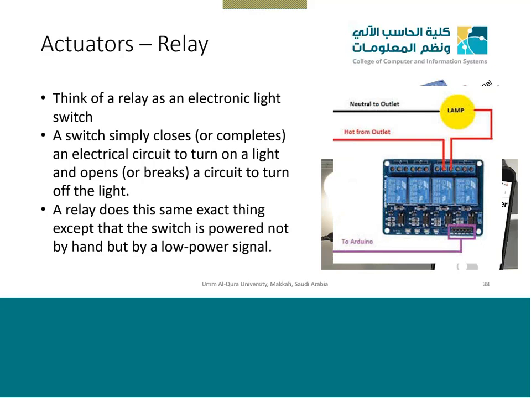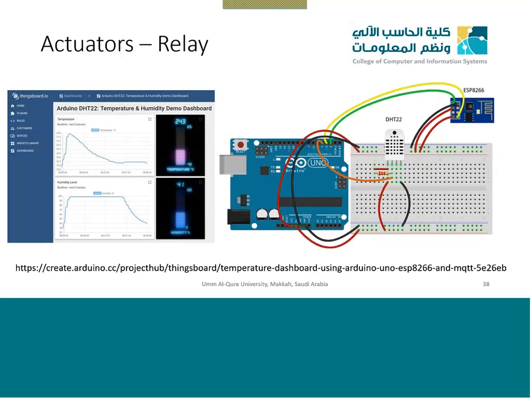You have a lamp, one side is connected, the other side is broken. The red wire, you can see it is broken using a relay. So when you give a 1 from the Arduino to the relay, it will be on. If you give it a 0, it will be off. This is a very simple thing, but we usually don't study them in our courses, but we should know about how a relay communicates with the devices, and how we can turn on high voltage, high power devices using this equipment.